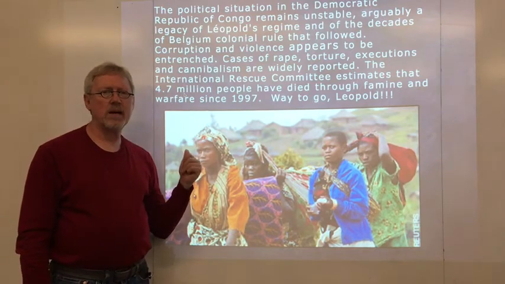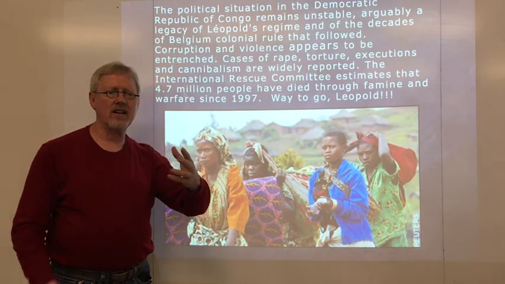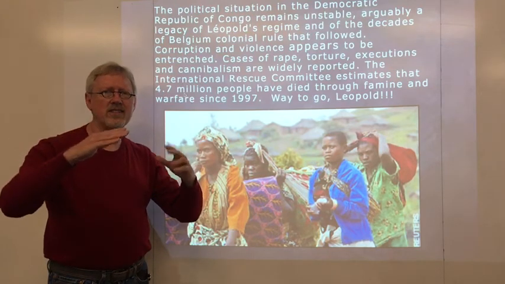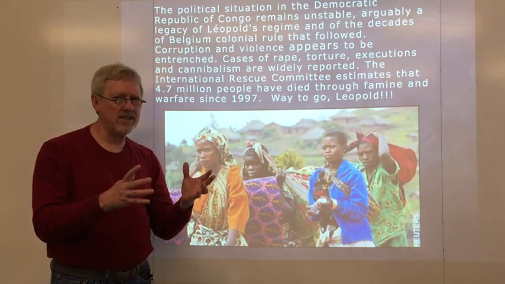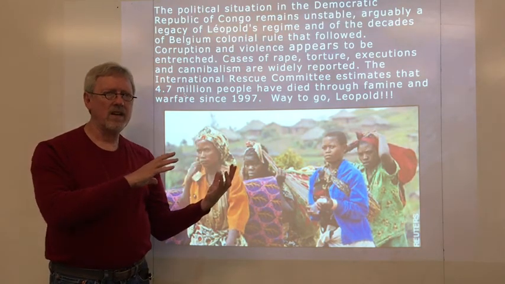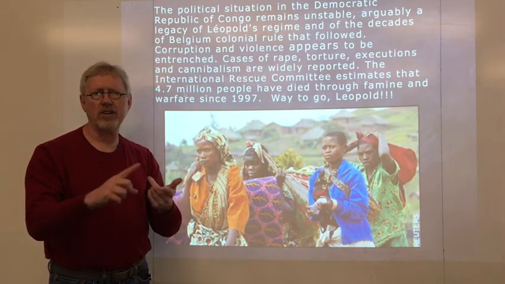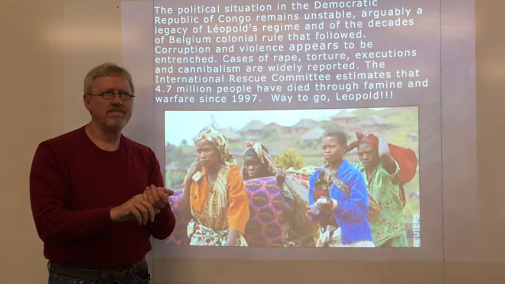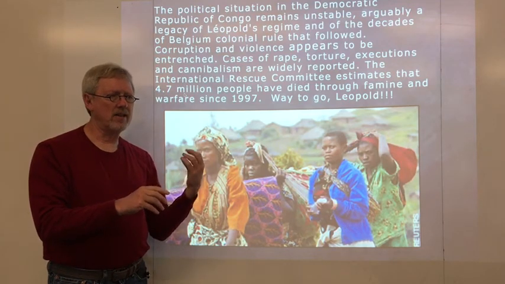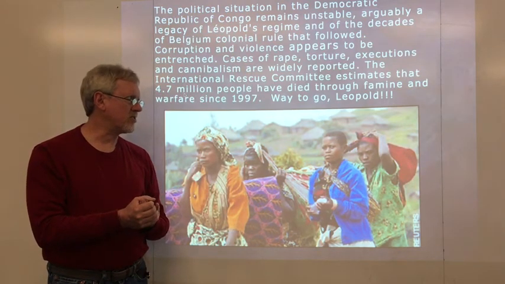Now, I did choose probably the worst example, but if you go to any other place, including India, including other colonial powers, to varying degrees, that's essentially the story. The entire idea of a colony is to squeeze money out of it for the mother country. And even if there are occasional benefits, such as rule of law, engineering, railroads, etc., that's rather strongly outweighed by the very negative effects of this long-term subjugation.